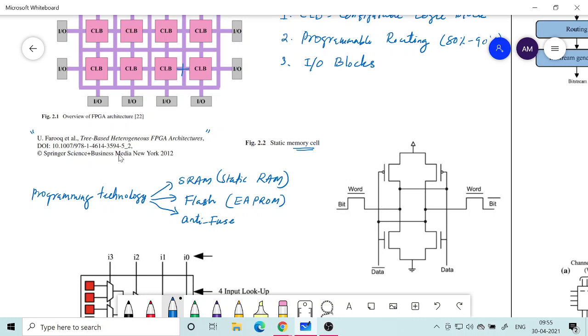Now anti-fuse means that initially the connection is not established, but then you can do the opposite and establish the connection, but this is not reprogrammable.